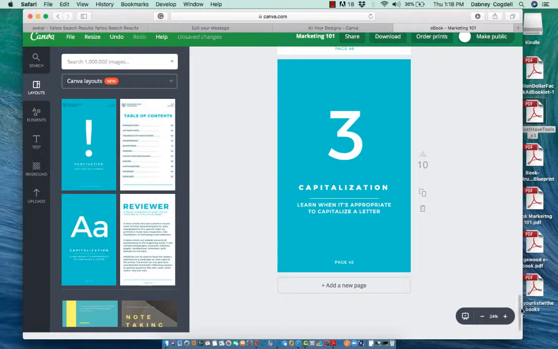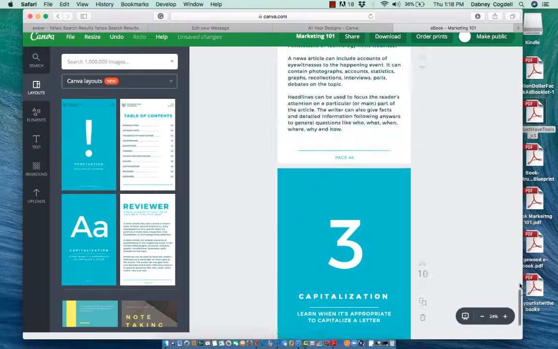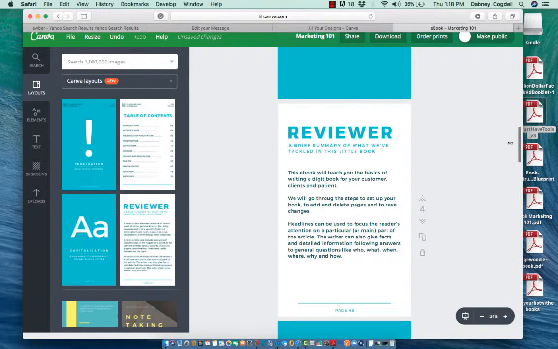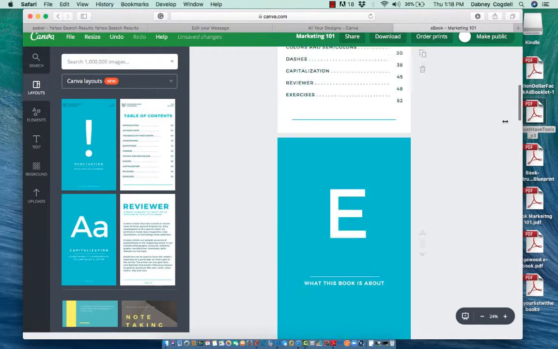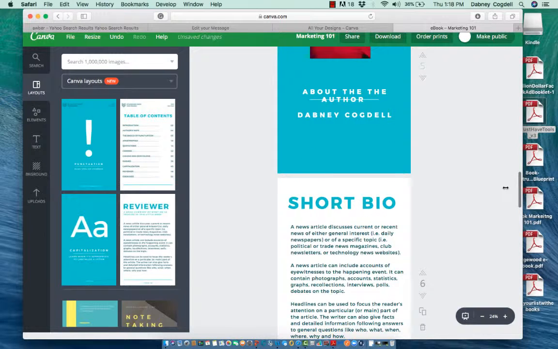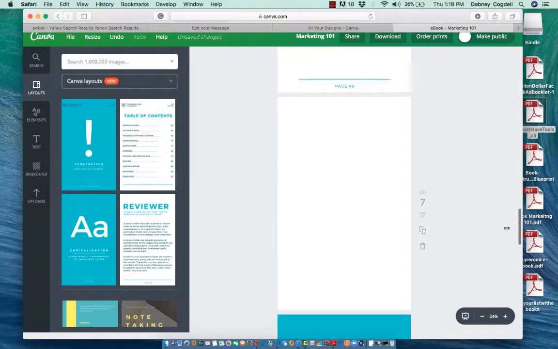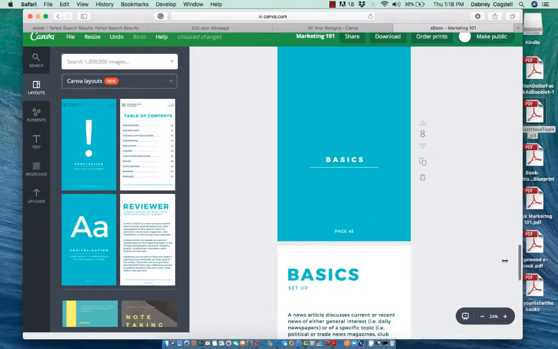You want it to be 9 or 10 pages long, not very long, because remember, people are consuming this online. It's hard to read online. People get tired, and they really just want to know one thing. You want to solve one problem per ebook. You don't want to write